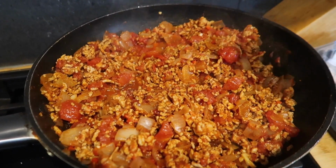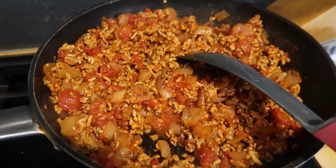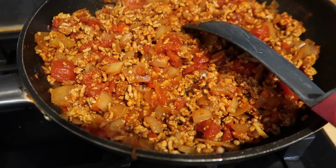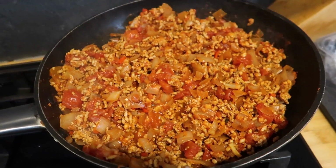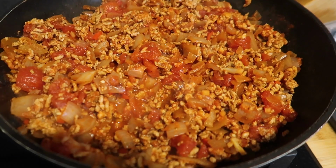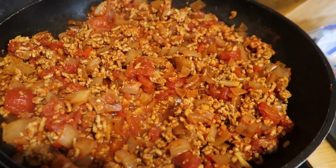So I'm just doing tonight's dinner. So in this pan I've got 1 pack of pork mince, which is 500 grams pork mince. That's the lean one. I've got a tin of tomatoes, 2 onions, about 3 cloves of garlic, and then I've put in some smoked paprika and a fresh red chilli and some salt. And then to this I'm going to add 3 bags of frozen cauliflower rice, and I'm going to add some more seasonings, probably maybe a stock cube, and what else am I going to put in? Stock cube, some black pepper, maybe a little bit of Worcester sauce, tomato puree, my 3 bags of cauli rice,